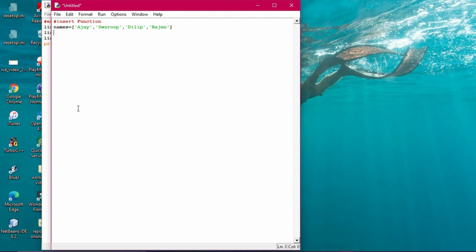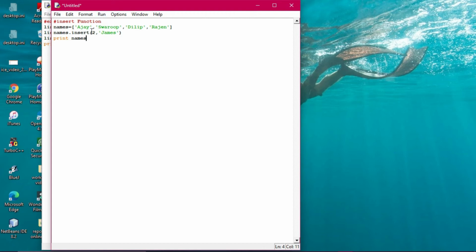I want to insert. Okay, names dot insert at the third position. I insert 3. What do I have to do? Insert, comma, and then I will give a thing out here, gems. At gems I'll give 0 1 2, not 3. I'll give it a 2. All right, so 2, and then we put gems out here. And then print names. Okay, print names. All right, then what will it display?